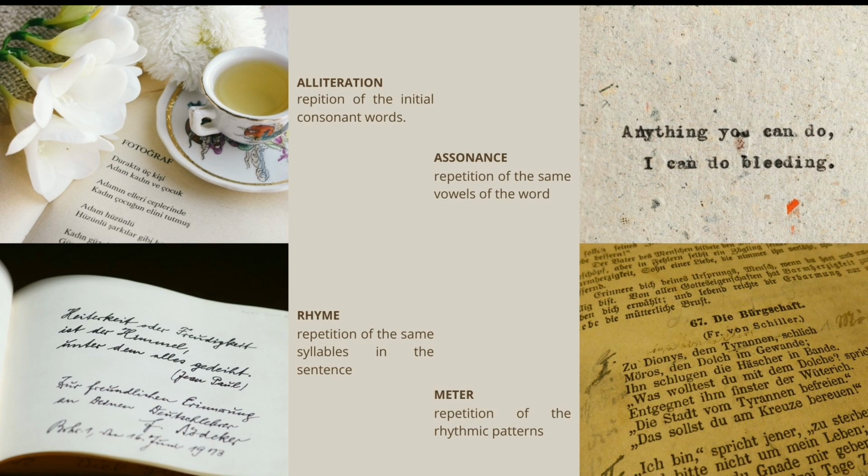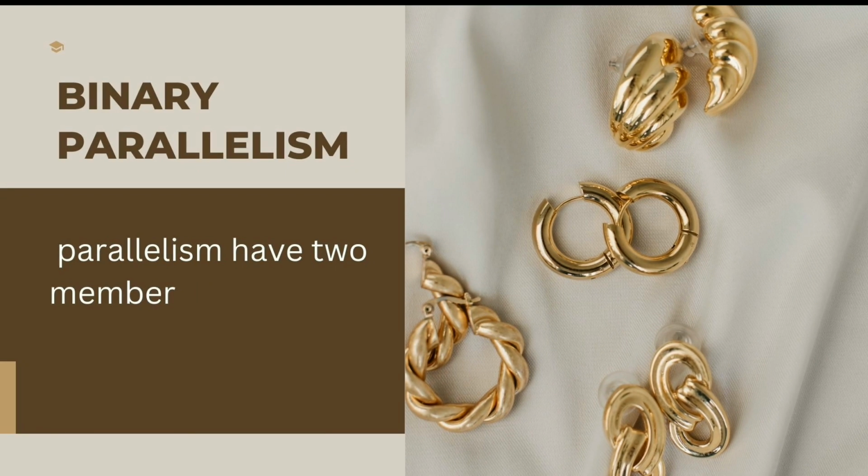The fourth type of parallelism is the binary parallelism. It is the most common parallelism since it has two members. So this kind is called the binary parallelism. For example, "Found this song so wild and weird. Found this legends and traditions. I shall answer, I should tell you." So there are two members of parallelism here.